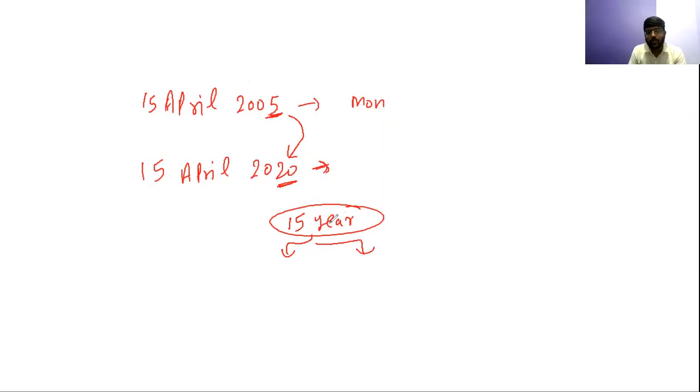I see most of the time, if you get confused, you divide 15 by 4 and check the leap years. No, I am saying you need to check how many ordinary years and how many leap years there are in 15 years. So let's suppose I need to find how many leap years there are. I will count it manually. Okay, don't try to find it by dividing by 4.